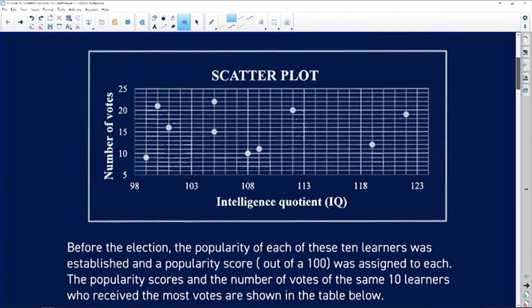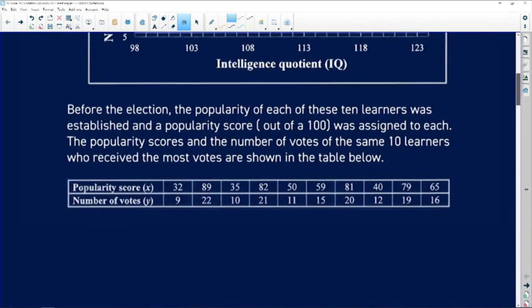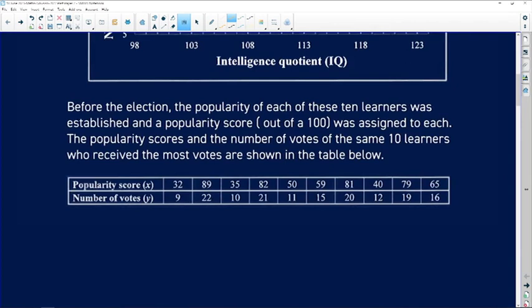Right, you can see the scatter plot. On the x-axis, we've got the IQ, and on the y-axis, we've got the number of votes that the top 10 kids received. The statement proceeds and says, before the election, the popularity of each of these 10 learners was established and a popularity score out of 100 was assigned to each. The popularity score and the number of votes of the same 10 learners who received the most votes are shown